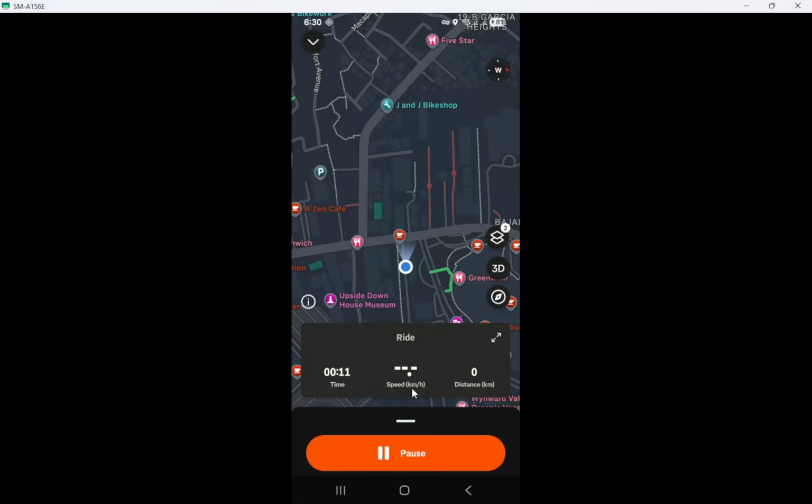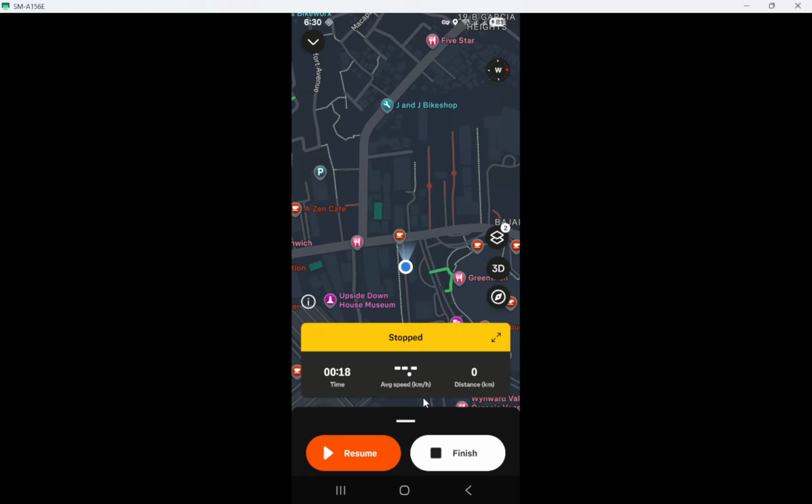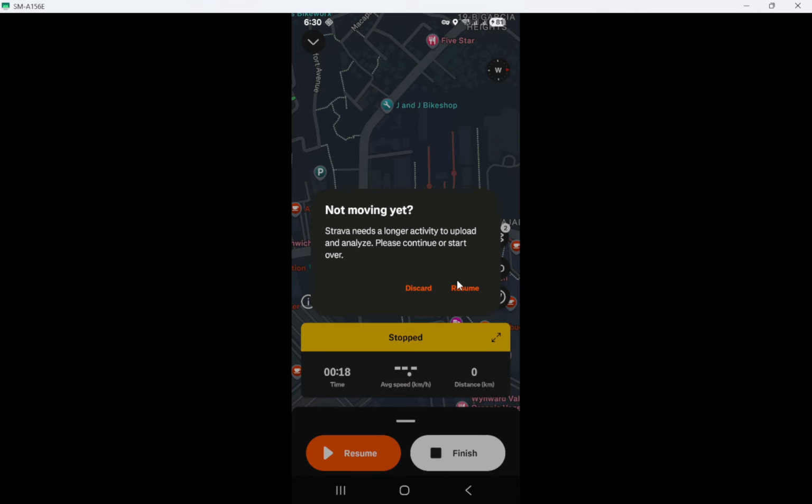When you've finished your ride, tap Stop, then tap Finish. You'll have the option to add a ride name that helps you identify it later, choose your bike type so your gear stats stay accurate, and attach photos or quick notes about conditions or how you felt. Finally, tap Save. Your ride is now stored and visible on your profile and feed, according to your privacy settings.